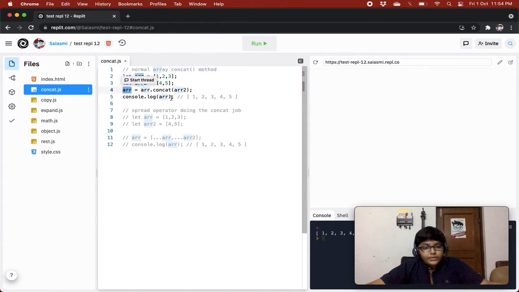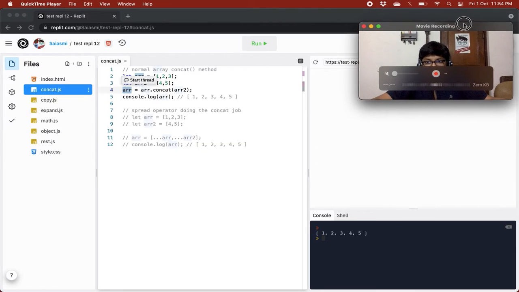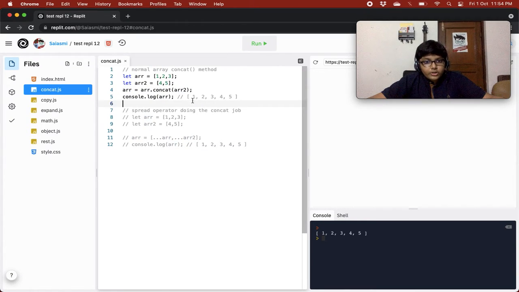If we log it out, we'll get 1 2 3 4 5, because they both have been combined using the concat method. Now if I comment this out,